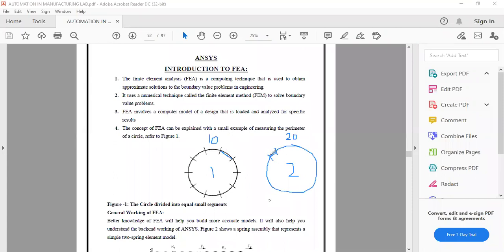We have drawn from one node to the next a straight line instead of an arc, because the computer takes it like this only. So now is it clear? 10 divisions here, 20 divisions here.